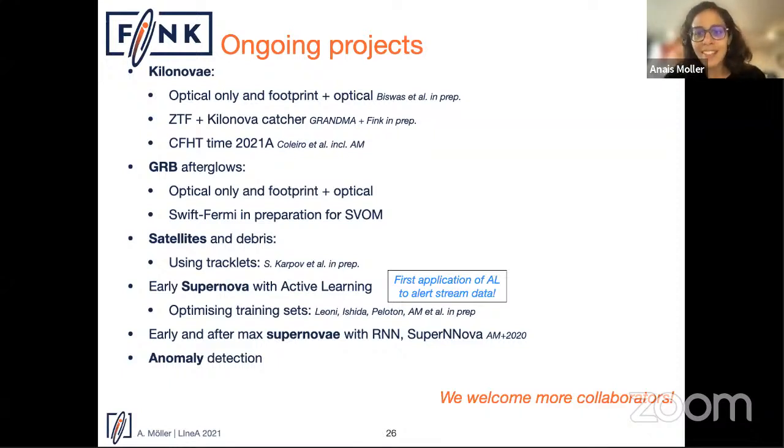And the most exciting thing of all, maybe for some people, will be what we don't know. Rubin will produce such an amount of data that it's a needle in a haystack to find what is really, really, really weird. And part of the work that we're doing is anomaly detection. How do you find, from those 10 million alerts every night, the handful that are promising anomalies? Of course, this is not a comprehensive list. There's much more that we can talk about. We want more collaborators. So if you have an idea of something to be done, we would love to hear from you.